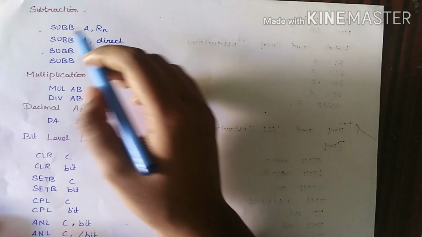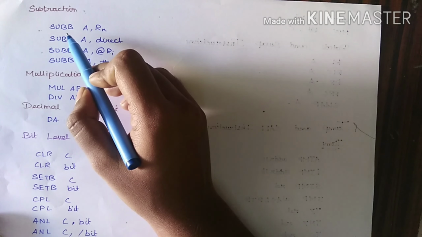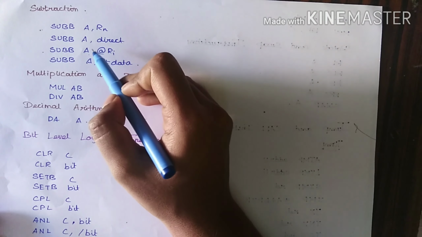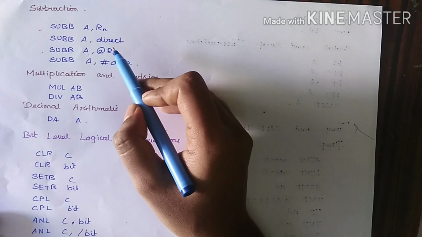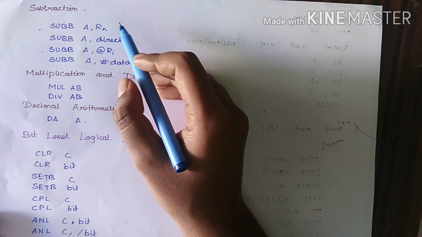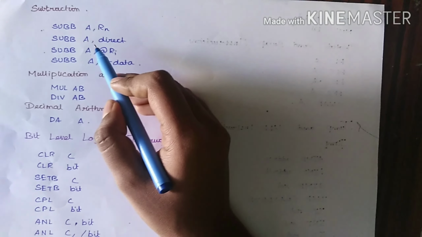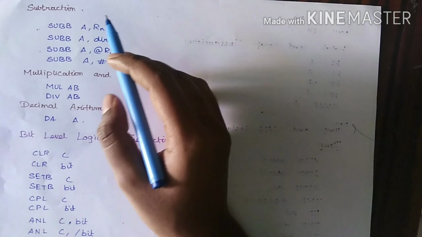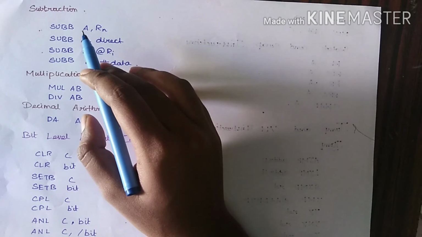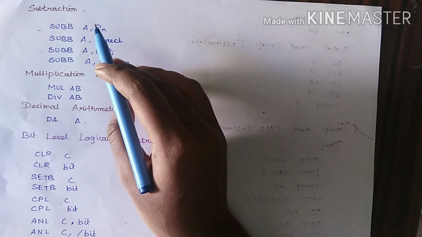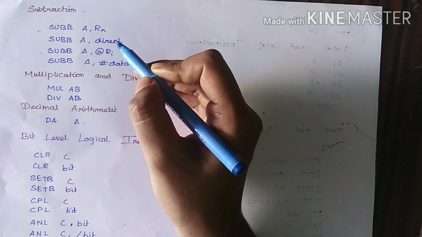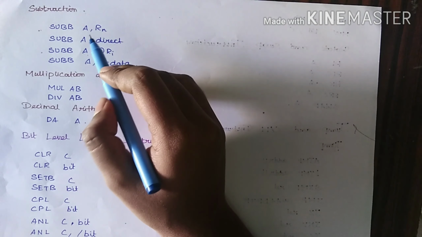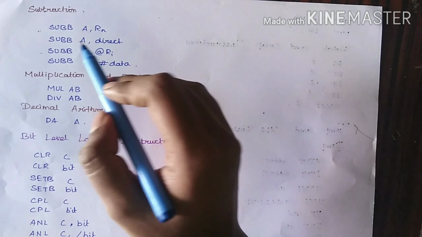And the next one is subtraction. Here we have SUBB as the opcode. This indicates subtraction with borrow. We see that all the destinations are the accumulator. So by this we can understand that any other variable can be subtracted from the accumulator in these instructions. Okay, now SUBB subtracts the indicated variable and the carry flag together from the accumulator. And also the result will be stored in this accumulator.